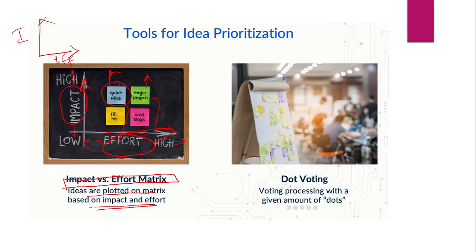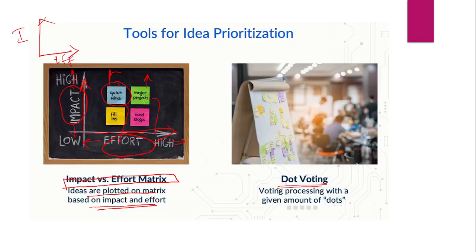Next one is dot voting. Dot voting is a kind of voting process. For example, you may have already seen this kind of voting. If you need to select the company CEO, all the board of directors has to choose the CEO. Based on the voting of the board of directors, only then can you select someone as CEO. So when you have multiple ideas and put them into the forum,